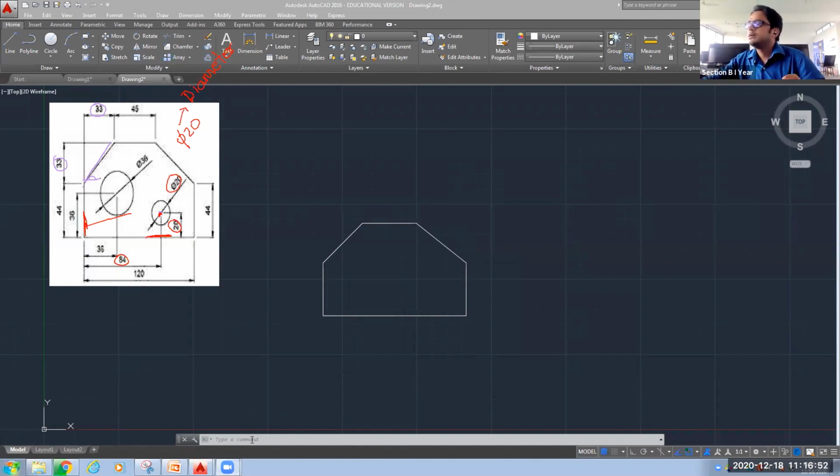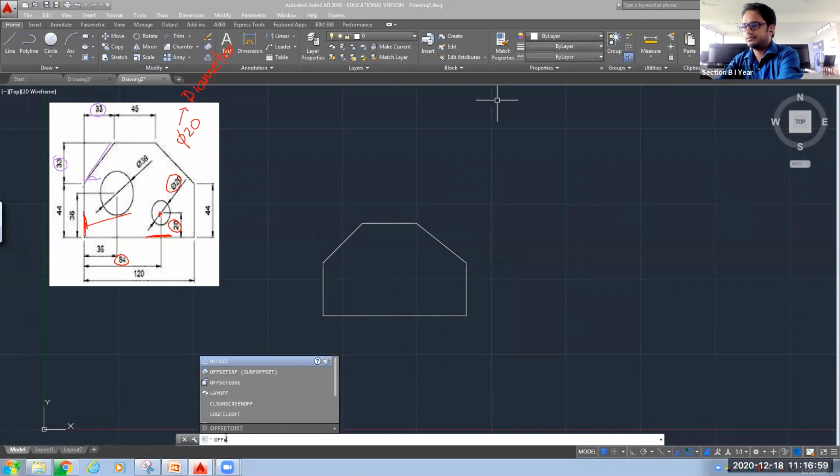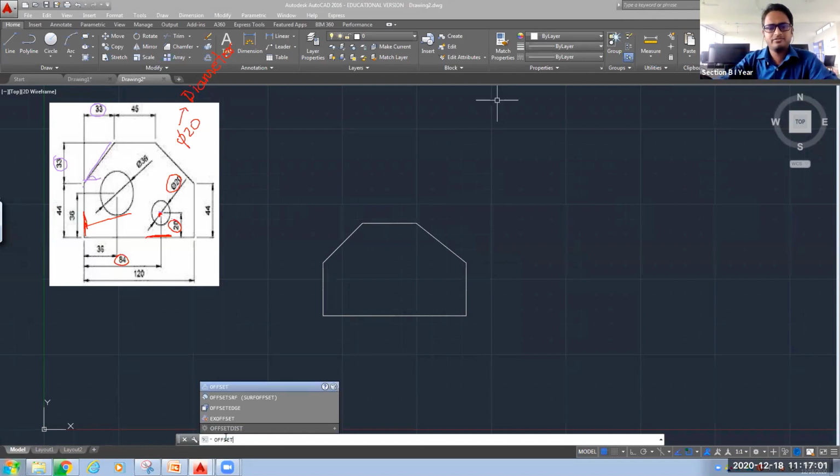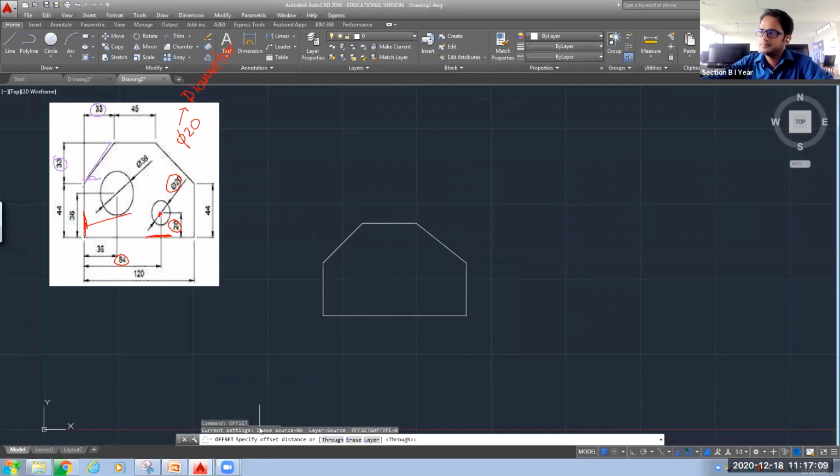You can see here in the command line, I am typing OFFSET. This is the offset command. Suppose we have this line and I want to offset this, meaning I want to make another line similar to this line at a certain distance.